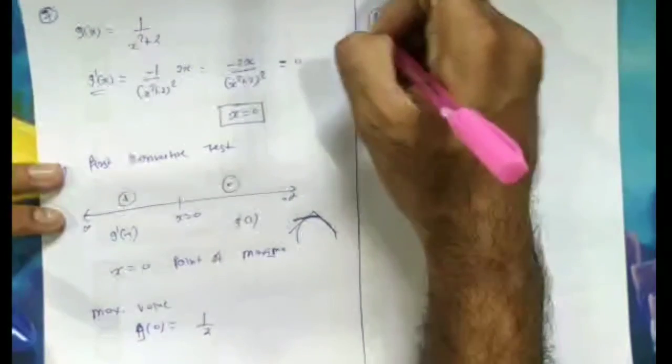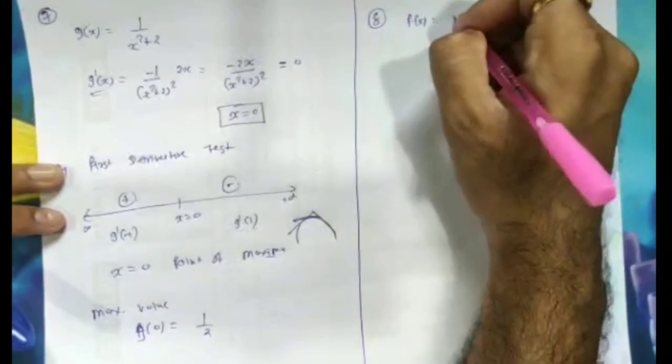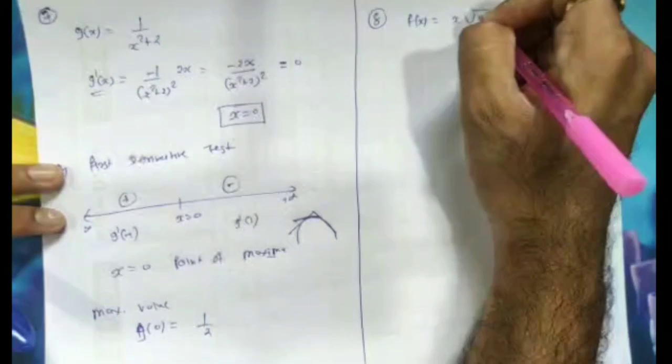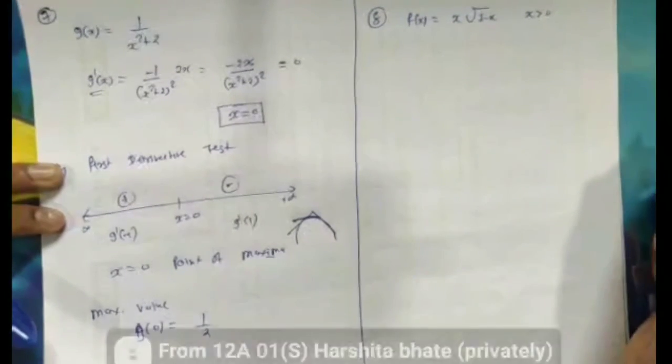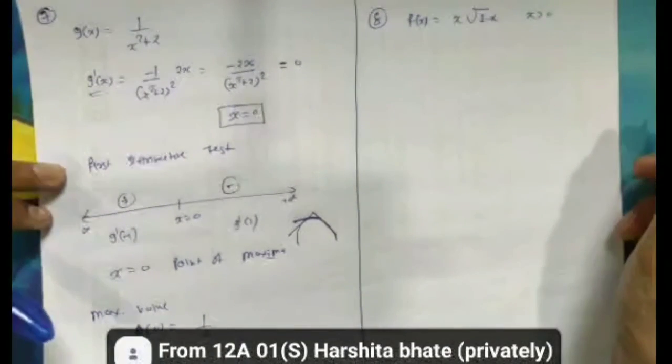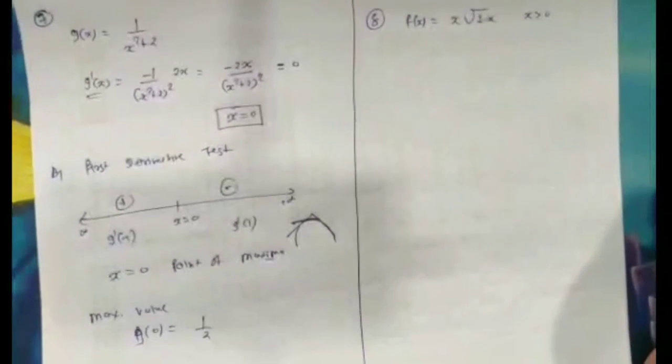और क्वेश्चन नंबर 8 जो दिया हुआ है f of x equal to x into square root of 1 minus x, कंडीशन इज x ग्रेटर देन 0। तो यहाँ पर भी आप करेंगे तो आगे जाके ऐसा समझ में आएगा कि सेकंड ऑर्डर डेरिवेटिव थोड़ा डिफिकल्ट हो।